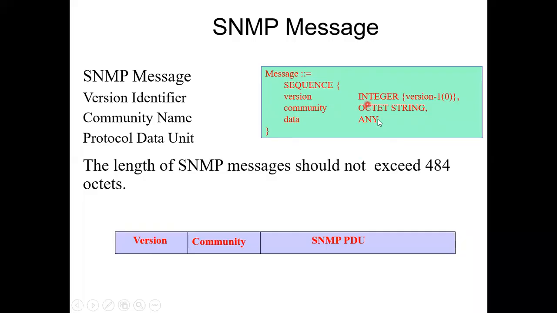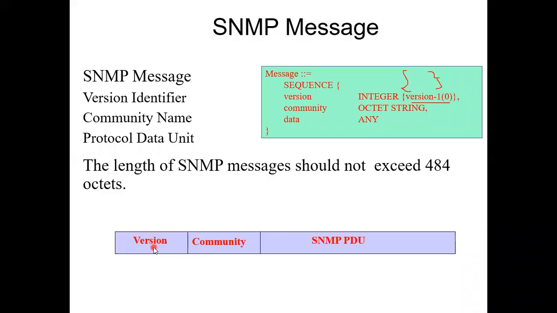This might be there. Now I am telling you again, after integer, since it's a default value, version 1, 2 and 3, there might be only the curly bracket. This part may not be there. Because it's a default value, and whenever the integer has only one default value, it is 1, 2 or 3, not 12, not 13, not 14. That's why we write it with this curly bracket. Might be this will be there in one of the options, and you need to find that particular option. So it's a very simple thing to remember.